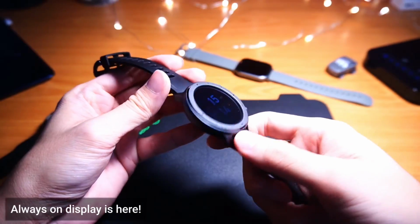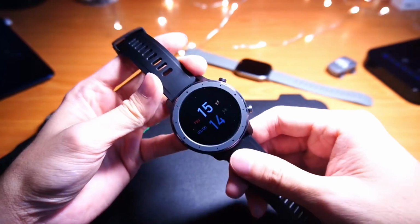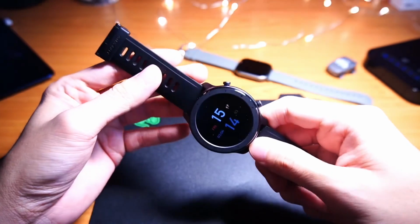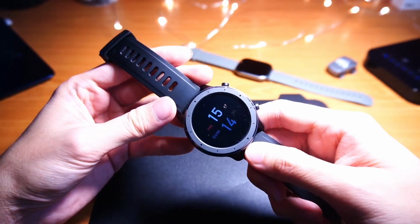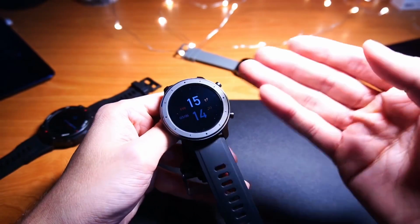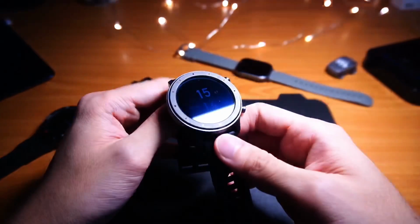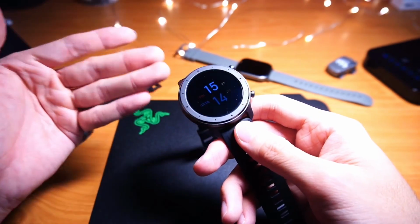It works very well, and you can actually set a time frame for when you want the always on display to turn on. I've got it set for about 8 a.m. till 1 a.m. But yeah, the always on display works very well. I can just click it and you can see there is an analog version as well as a digital version,